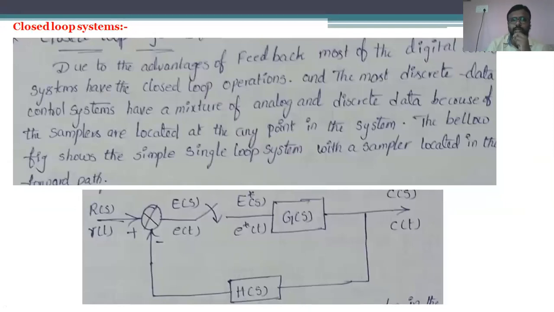And then we have stepped into the next concept, that is the pulse transfer function regarding the closed loop systems. This is the pictorial diagram representing the closed loop system, consisting of G of S with feedback condition H of S. For this one also we are going to frame the pulse transfer function, that means C of Z divided by R of Z is going to be calculated.